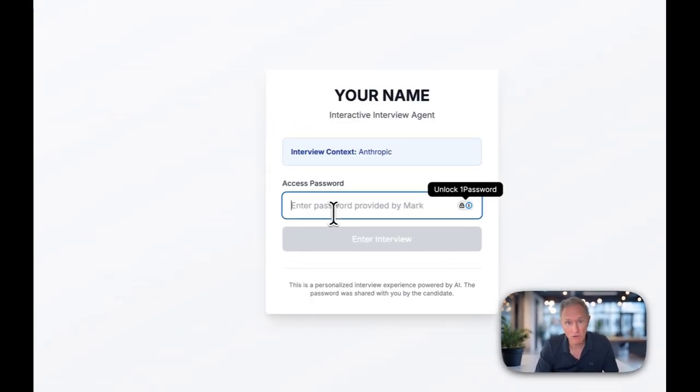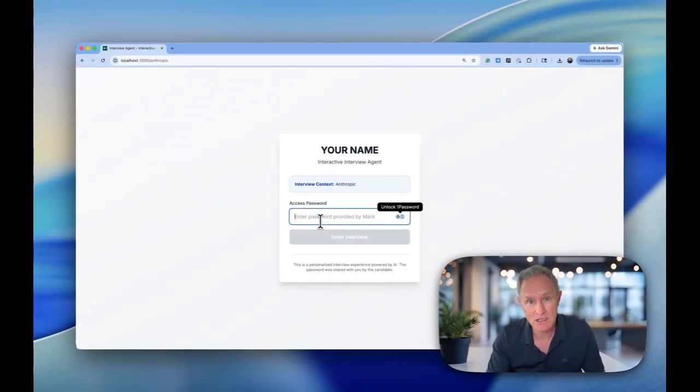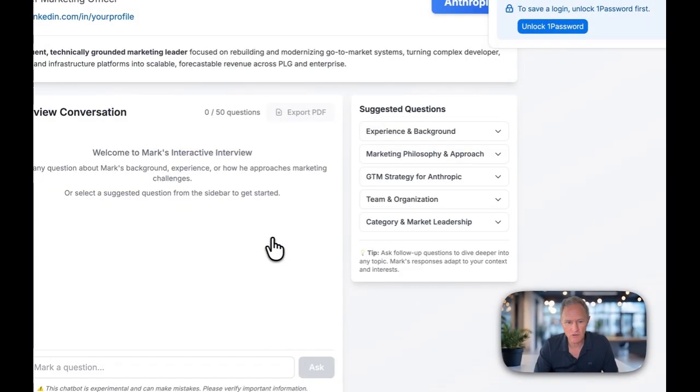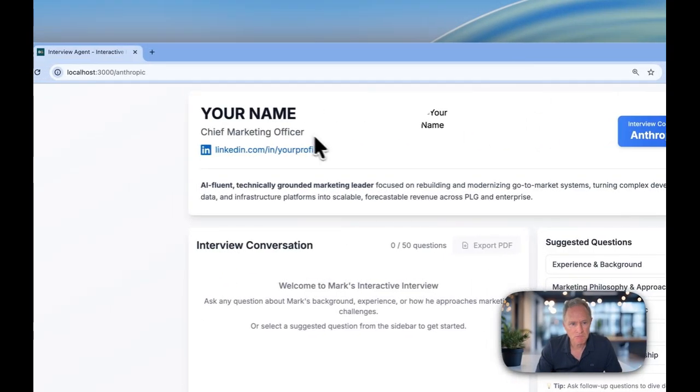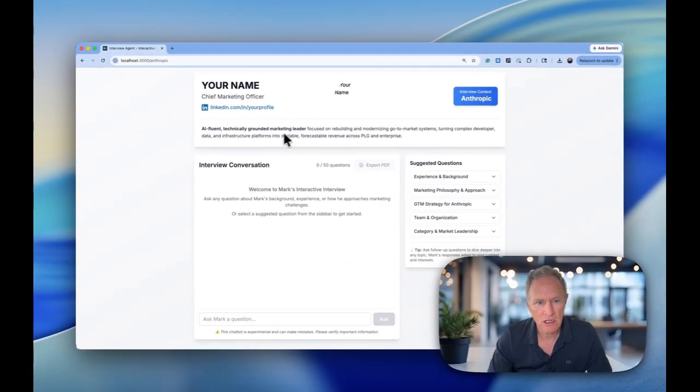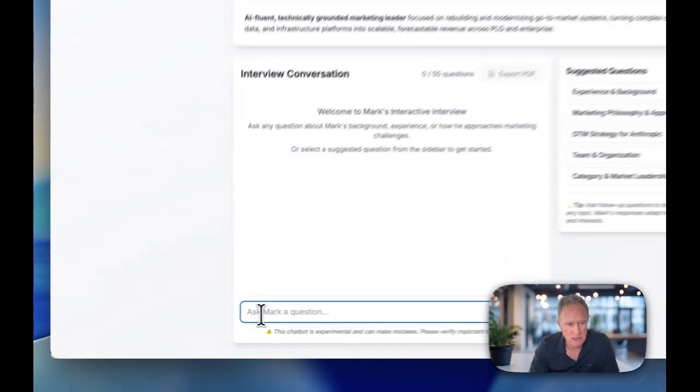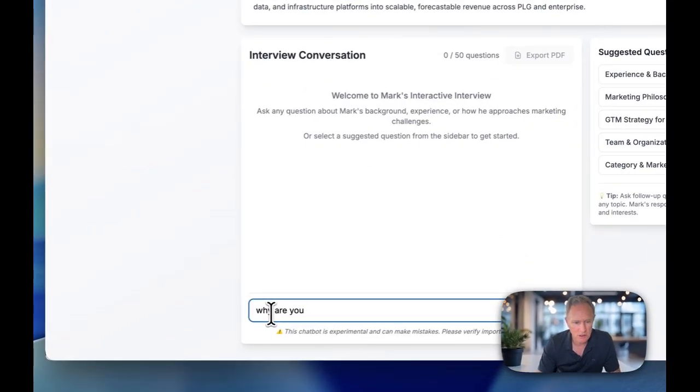Passwords, I'm not going to give this to everyone. I'm going to just give the password to Anthropic, and I'll put in the password here and I enter the interview. And it goes and says, "Hey, my name, this is my chief marketing officer. This is a little bit about me, and welcome to agents." Maybe we should put a question here about Anthropic. And I'm the Anthropic hiring manager here, interacting with me. Maybe the question I'm going to ask is, why are you